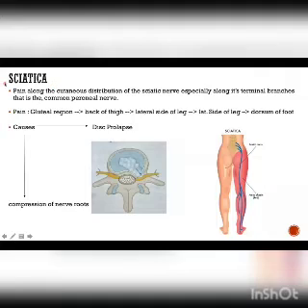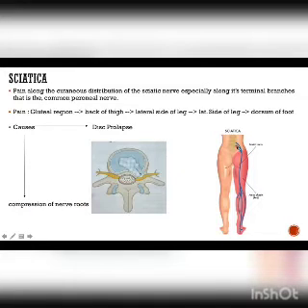Sciatica, a disease which has more than 10 million cases per year in India itself, is a disease where pain along the cutaneous distribution of the sciatic nerve occurs, especially along its terminal branches, that is the common peroneal nerve. In sciatica, the pain radiates starting from the gluteal region, where the course of the sciatic nerve begins, to the back of the thigh, the lateral side of the leg, and finally to the dorsum of the foot. It usually is caused when a herniated disc or bone spur in the spine presses on the nerve roots, or by the compression of the nerve roots.